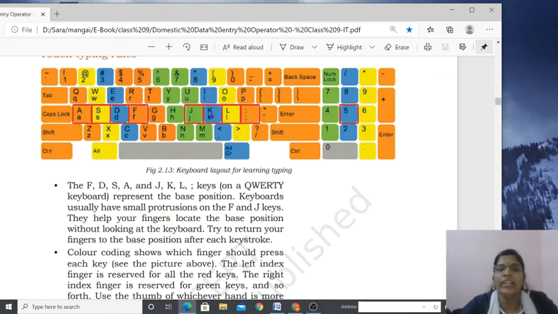Okay, so to locate the fingers in the right place, we have a protrusion on 2 keys, left side F, right side J. Okay, then every time you press, you move your fingers up or down. After the keystroke, you have to get back to the right home keys itself. Okay, you have to bring it back to the home keys itself. That is the first rule.